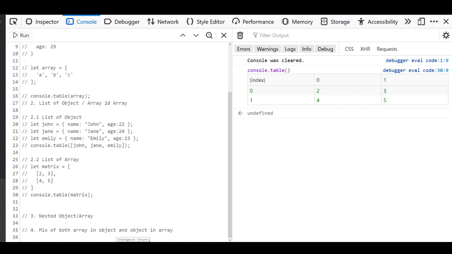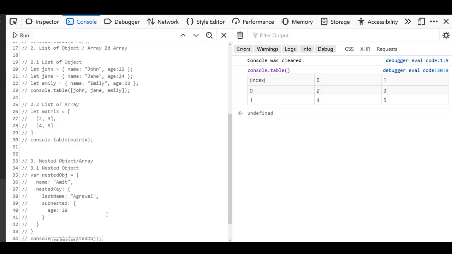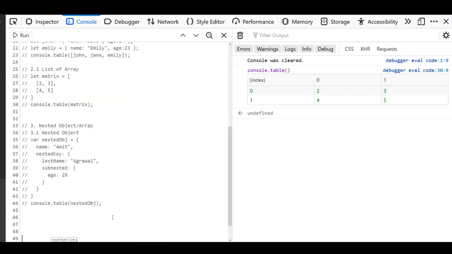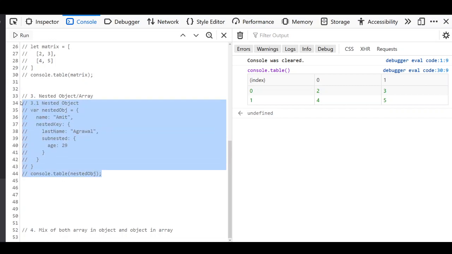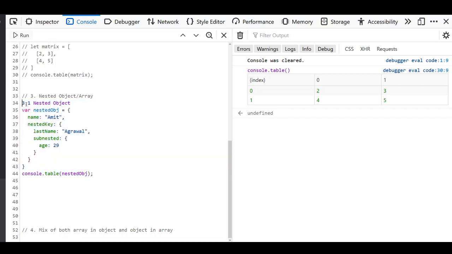So let's just see. I've created nested objects. So nested object. Let me just comment it out and see in action. So with nested objects, here you can see at the first level of nesting, it has printed those values till the first level of nesting. It supports printing out the values inside it. Otherwise, for all the nesting that is inside it, it will create a navigable object or navigable array based on the array or object that it has.